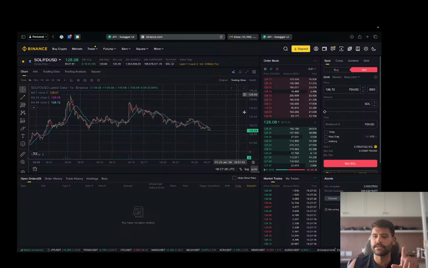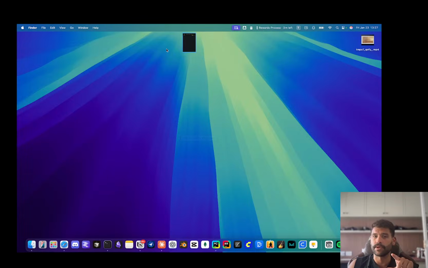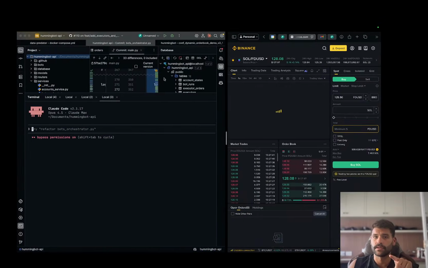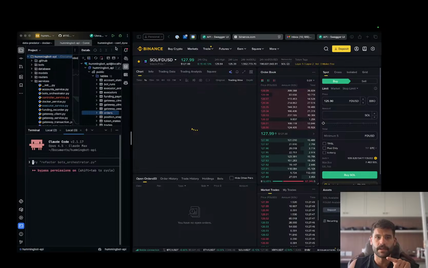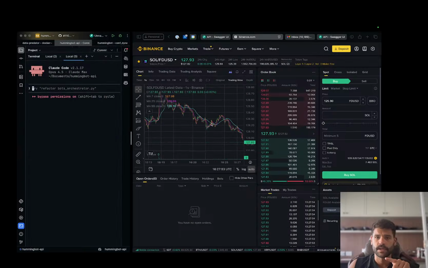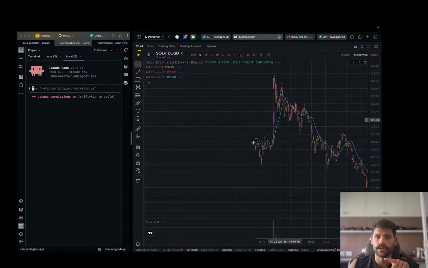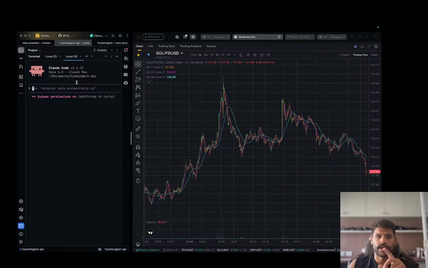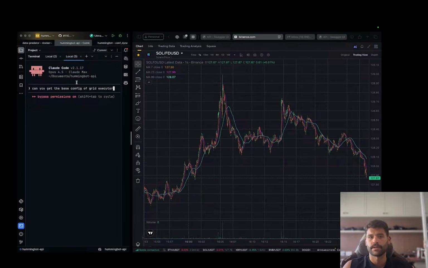Soon I will add this to the MCP, because it's something that we also need to have running from the MCP. But let me show you quickly what you can actually build from here. So this is, for example, right now SOL FDUSD, right? So I can tell it, can you get the base config of grid executor and